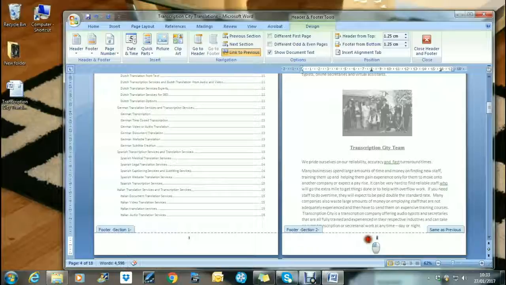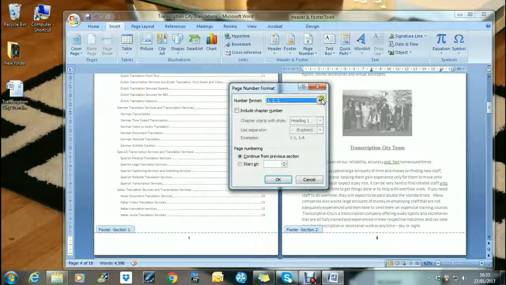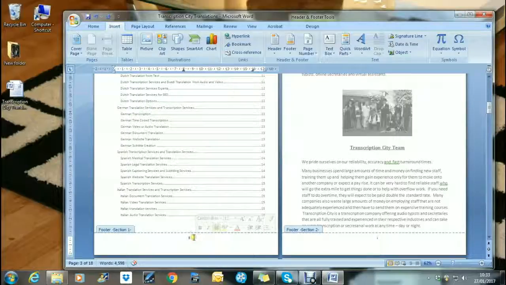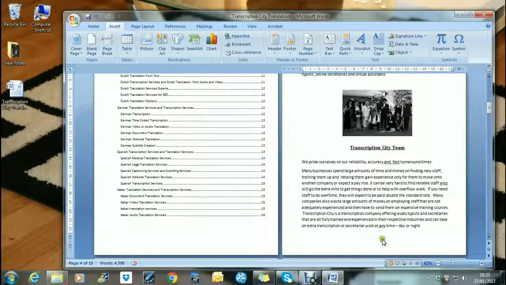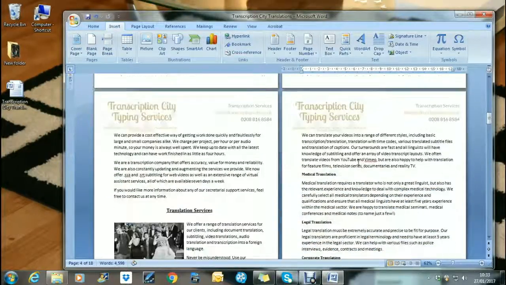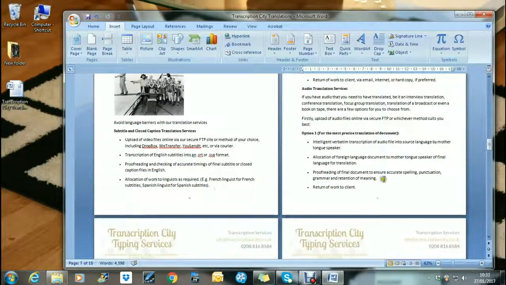So what we need to do is we need to make sure, because we're on this page, that we click link to previous, so we unlink it from the previous page, and then when we go to insert page number, we can format the page number to start with Roman numerals as there, and start from the first Roman numeral here. Okay, and what that means is here where you have normal numbers still, you can just delete that, and because the pages aren't linked, you'll keep the Roman numerals on this page but not on the previous ones. Okay, so you have I,